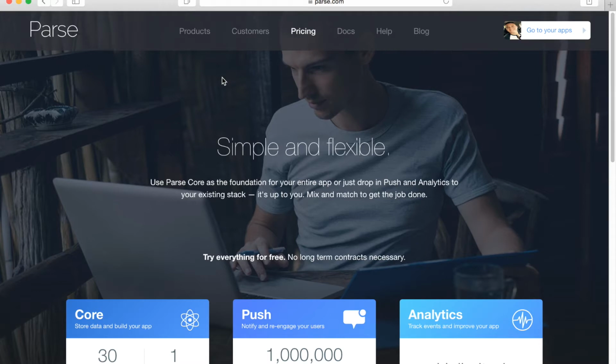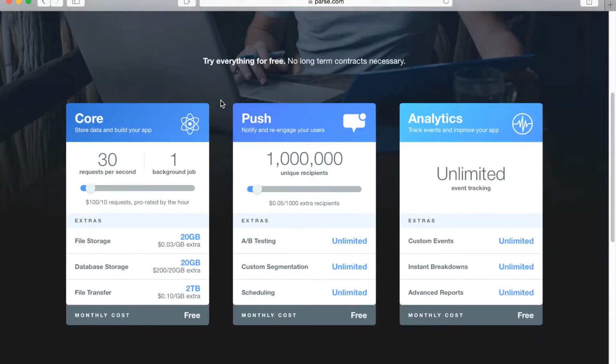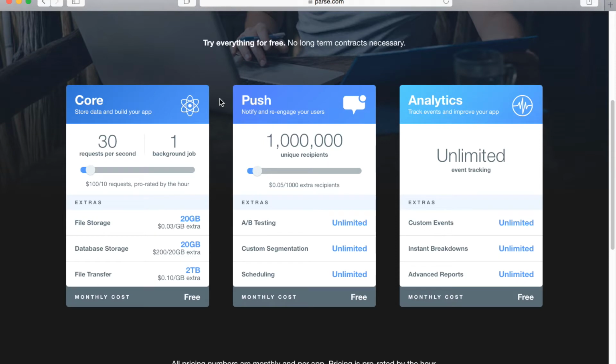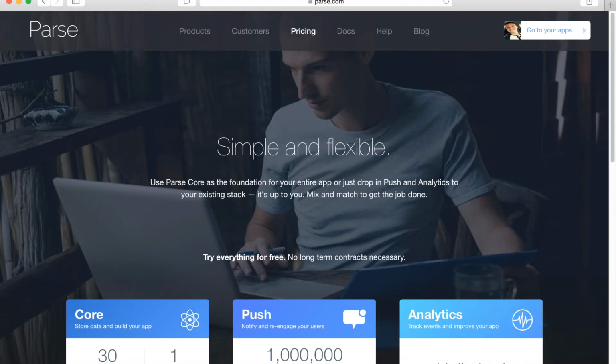Right now I'm on Parse's website, it's parse.com. I will have a link in the description below, but I just wanted to show you guys real quick under the pricing page here. It shows you what's all free. Yes, Parse is free. There's a lot of services that they provide that are free, and it's quite a bit. So I'll let you guys check that out on your own, but let's head on over to Xcode and get